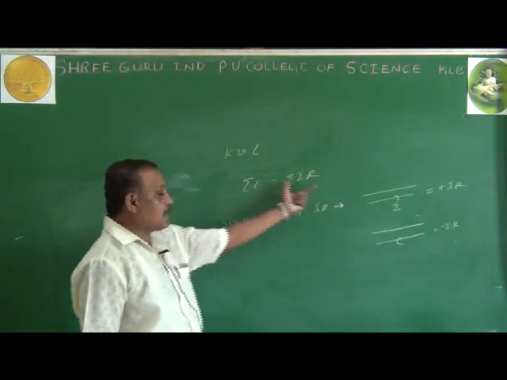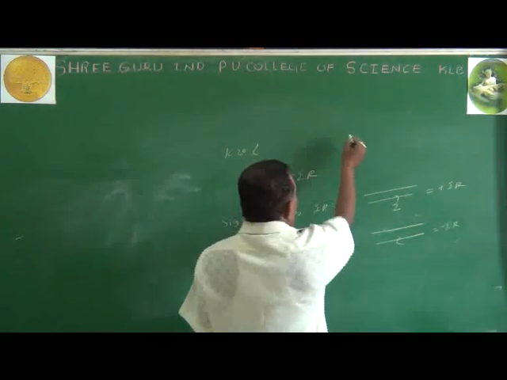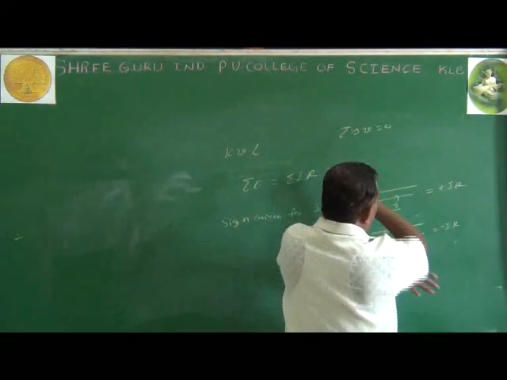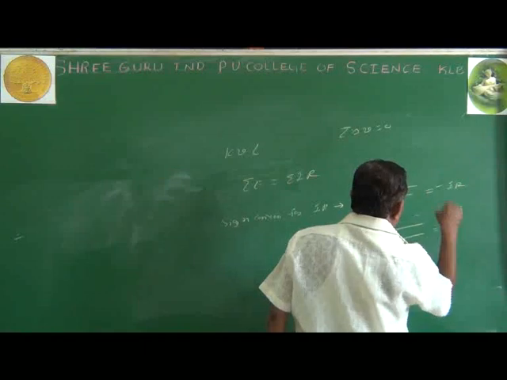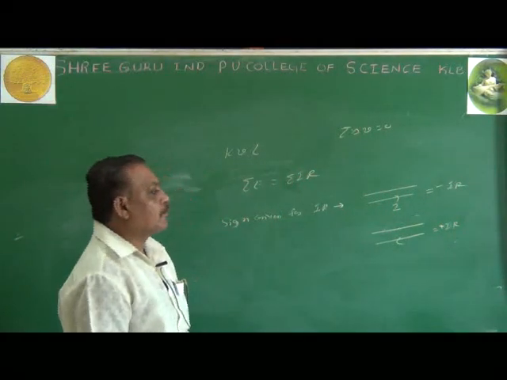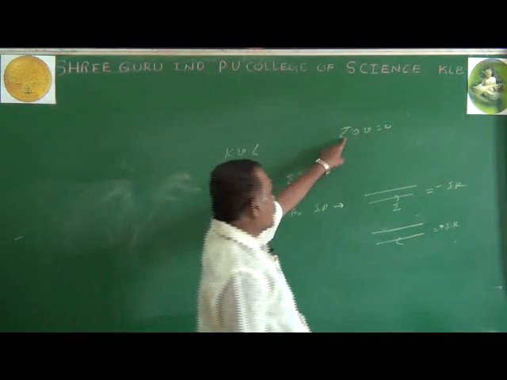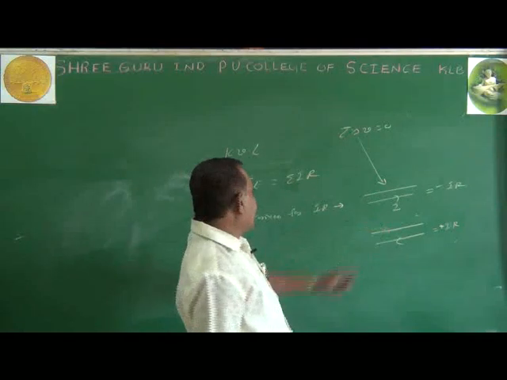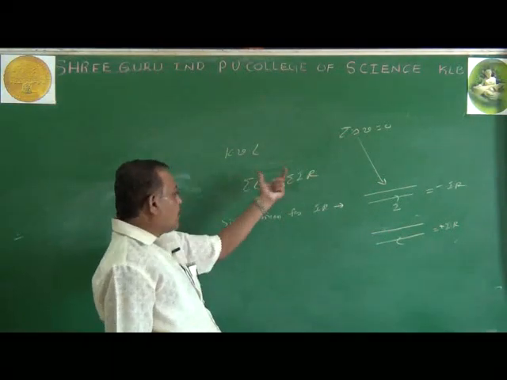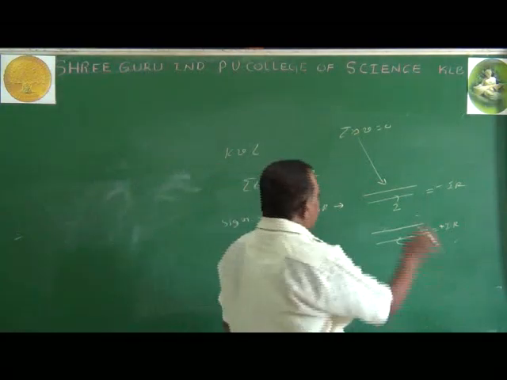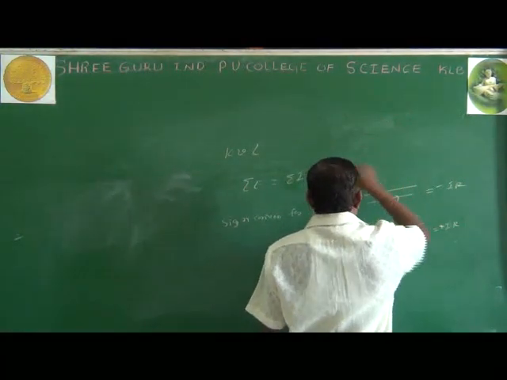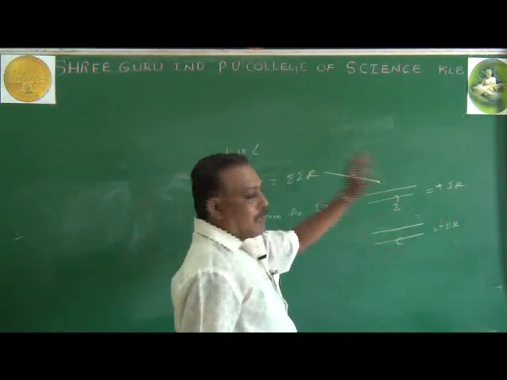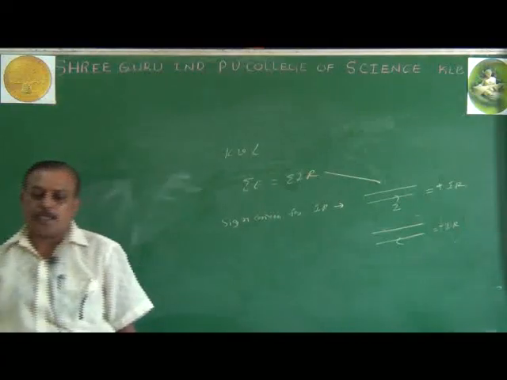Now this is the concept when you take the sum of potential difference in a closed loop equal to 0: this is reversed, this is minus, then it is plus. That is the sign convention. But if I take the sum of EMF equal to the sum of IR product in a closed loop, then my sign convention is for this concept: this is plus and this is minus. This is somewhat easier while solving problems and dealing with complicated circuits.